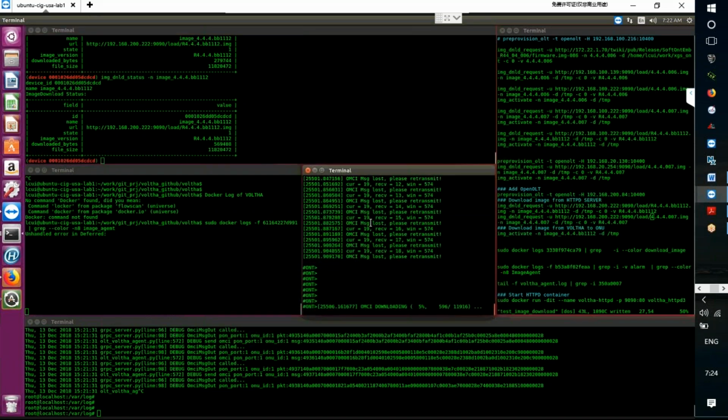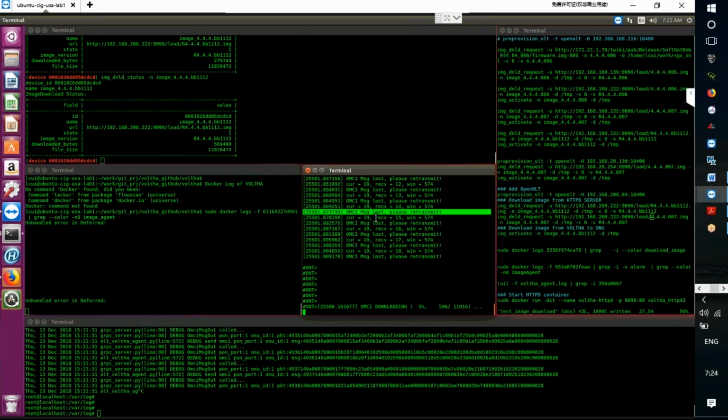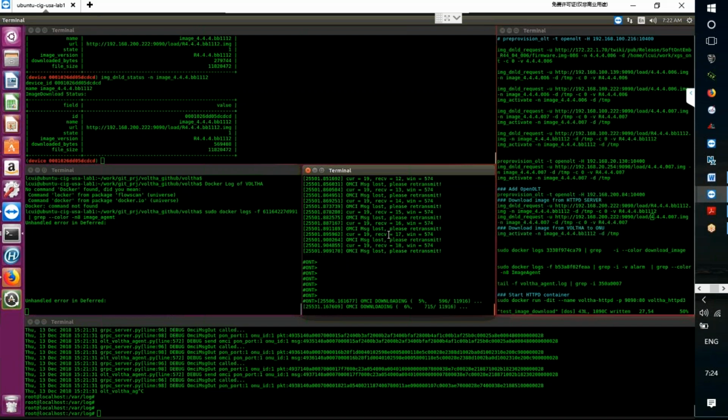Actually, yeah. This is a window, one message. Let me say download is window by window, and each window consists of 32 sections. And so if one section is lost, the window will retry. This means if one message is lost for any reason, one section lost and the window retried, it keeps going. Make sure the download